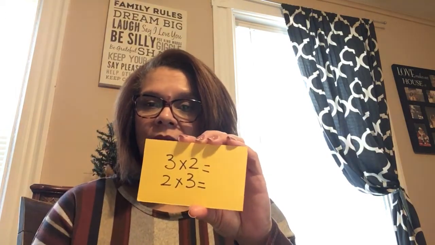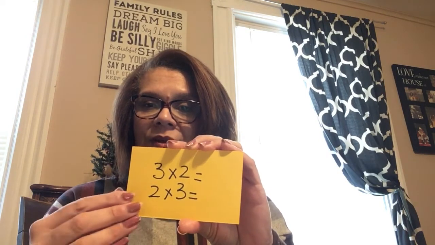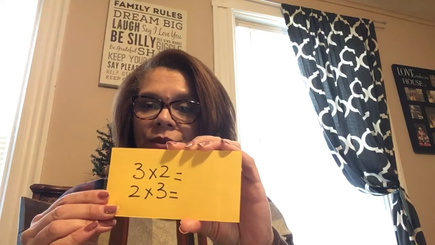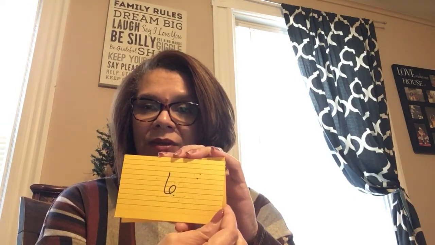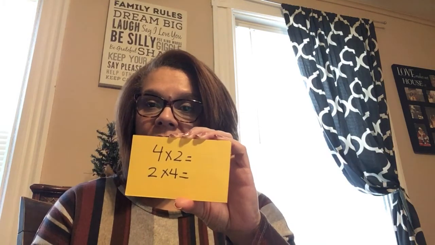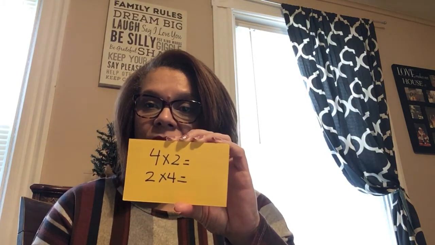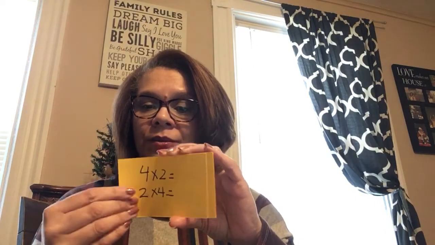Excellent. 3 times 2 is the same as 2 times 3, and that is equal to 6. Very good. 4 times 2 is the same as 2 times 4, and that is equal to,